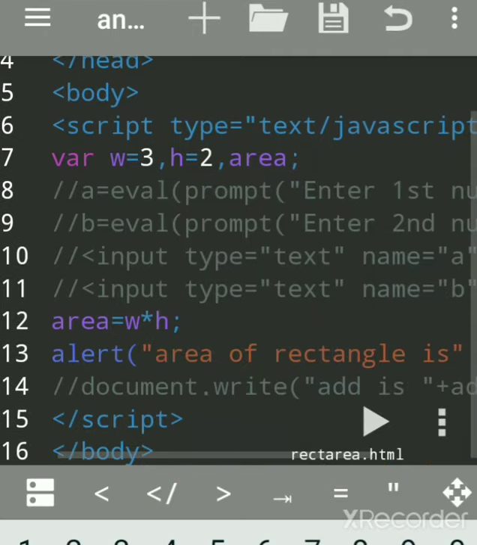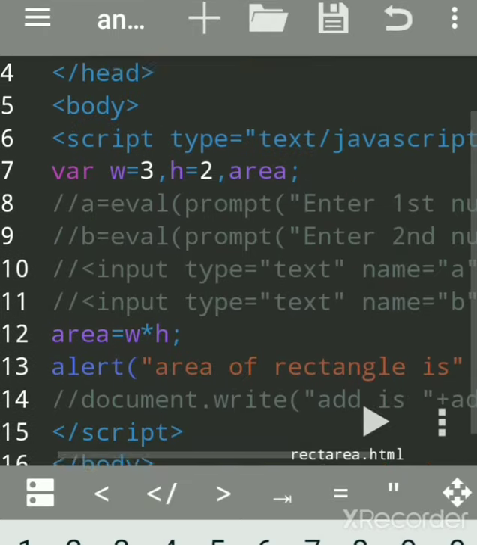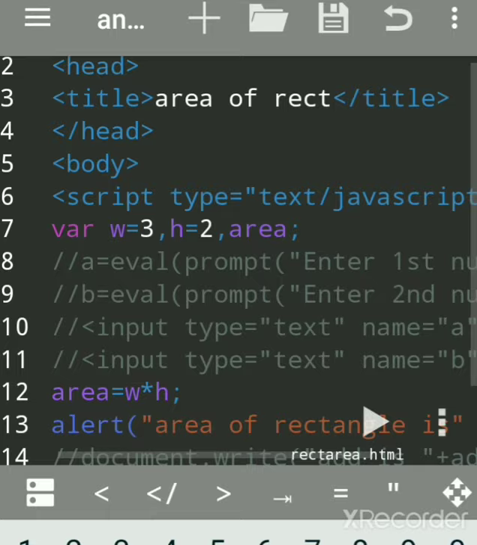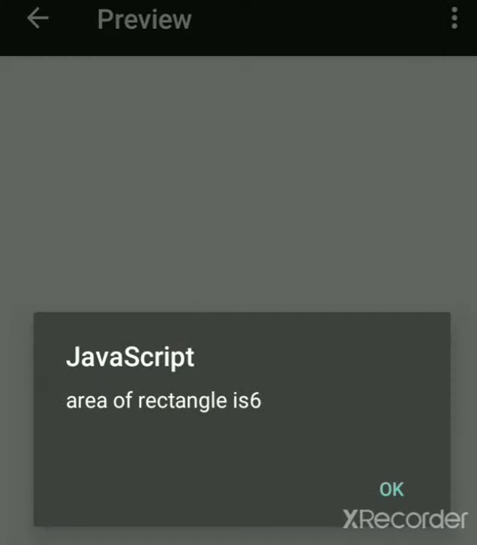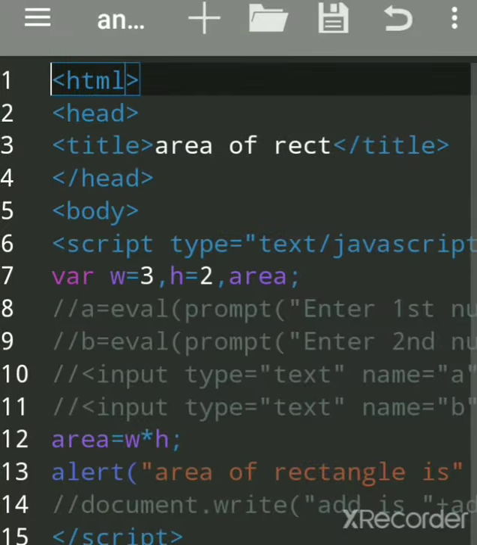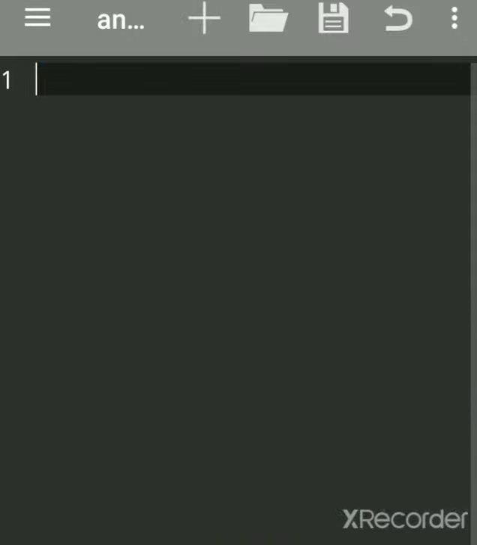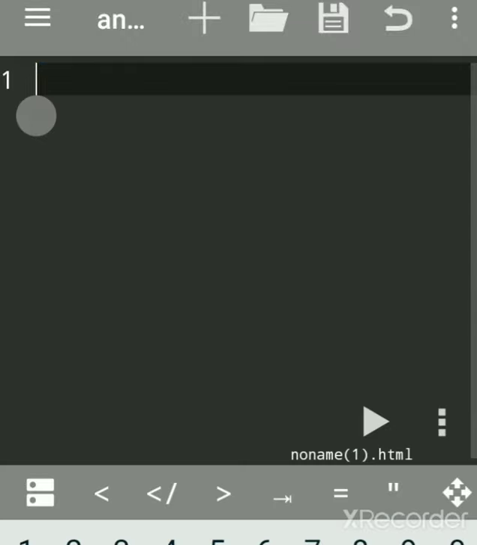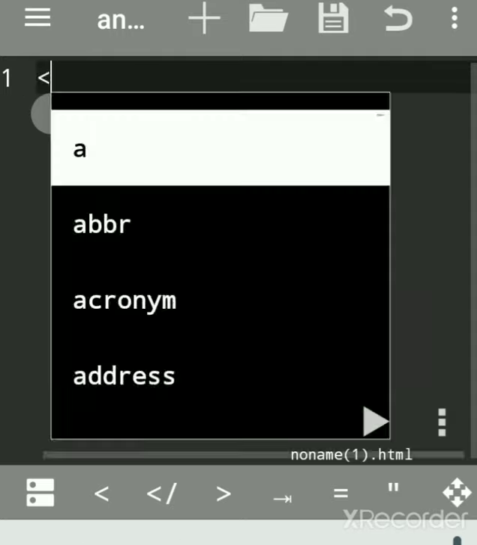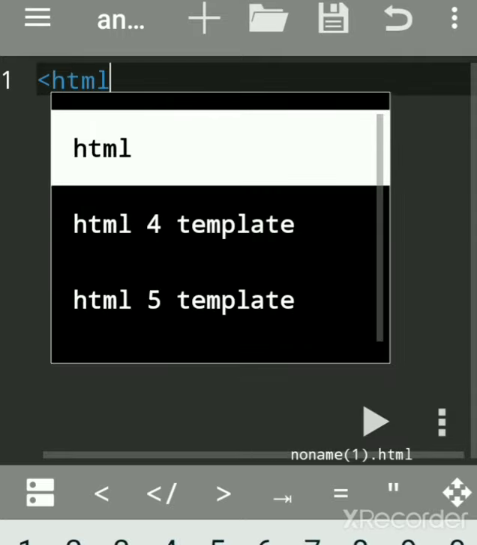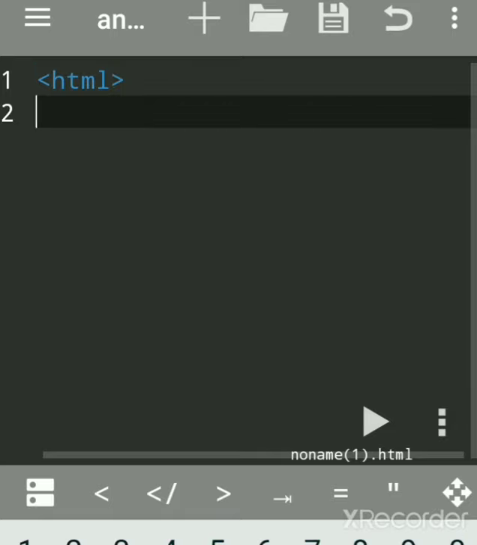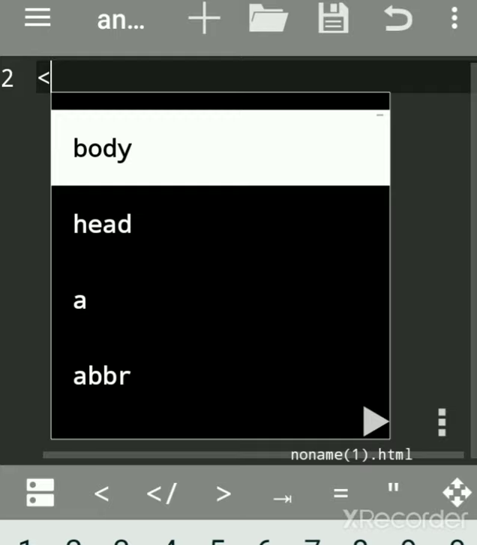See how to calculate the area of a rectangle in JavaScript. So this is the answer. You can practice this on mobile also. So we'll create a new program. You can see how to practice on mobile using the Android app. You can see my previous videos, or I will give the link in the description box, so you can see how to load the Android app so that you can practice.